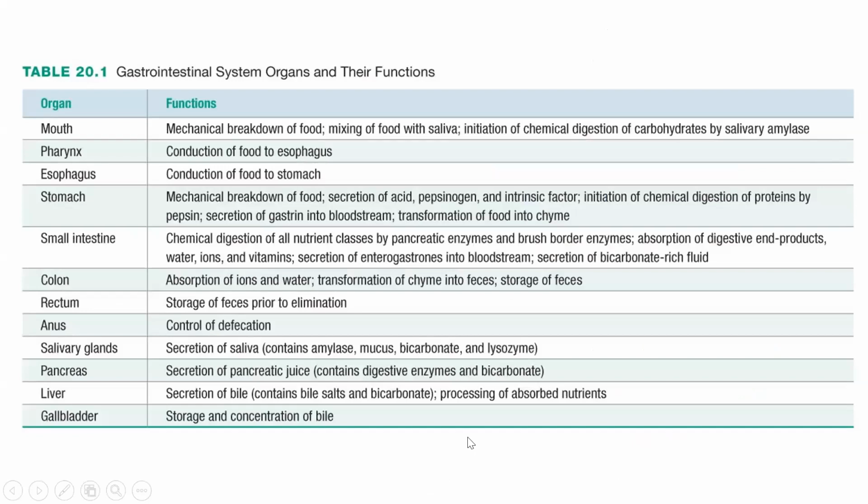Okay, so here's a really nice study table. This is going to just show all the organs, all the structures we talked about, and then an overview of their function. So this is going to be a nice reference table for you to study. You can add some properties that may be left out here and use this as a good summary for everything we talked about in this